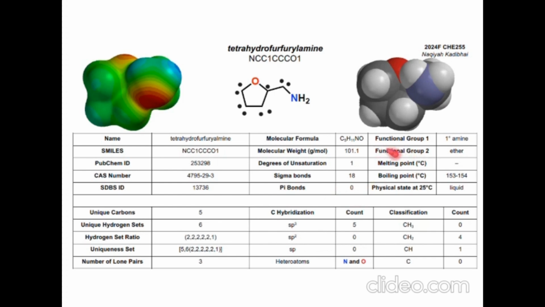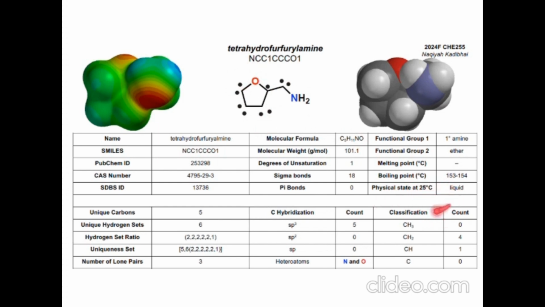Then we have our functional groups. The first one that I'll discuss is the primary amine, which is when a nitrogen is attached to a carbon and 2 other hydrogen atoms. And then we have our ether functional group, which is an oxygen that is connected to 2 carbon atoms with a single bond. The melting point for this molecule is 153 to 154 degrees Celsius, and that means it's a